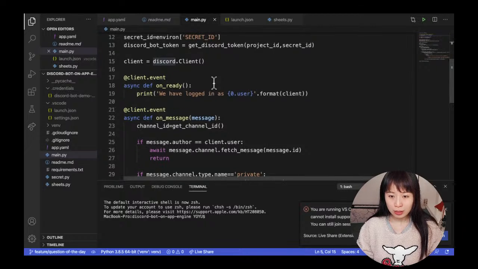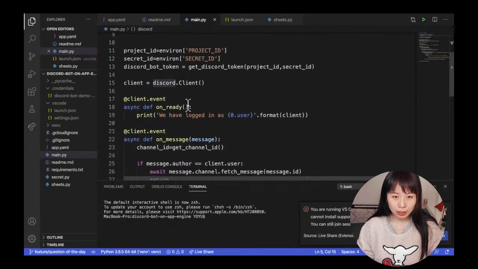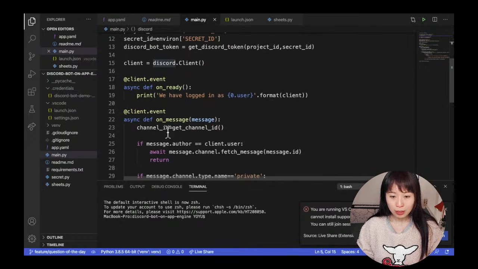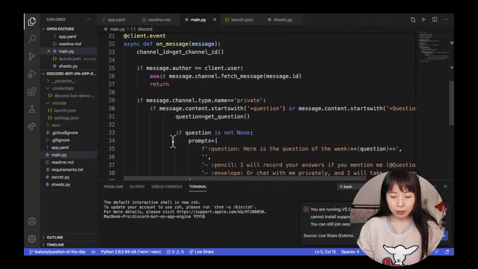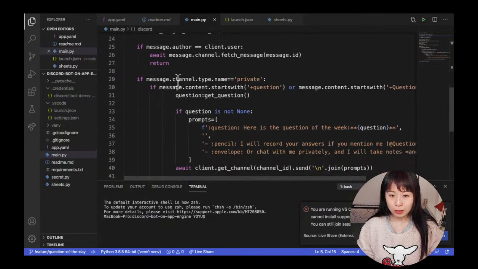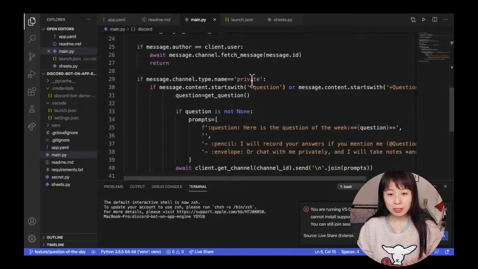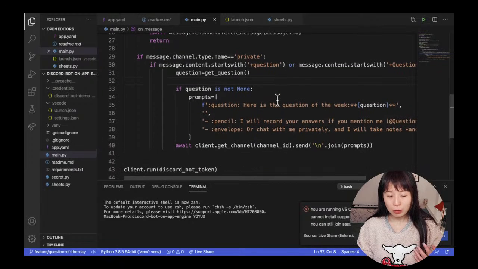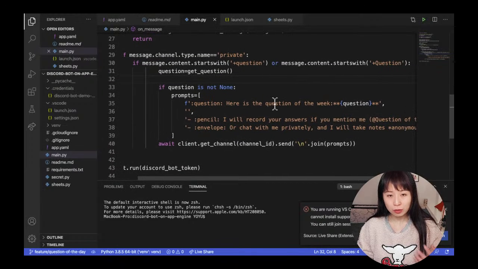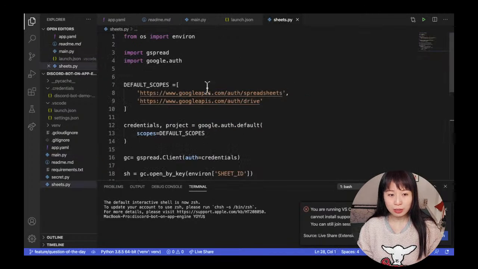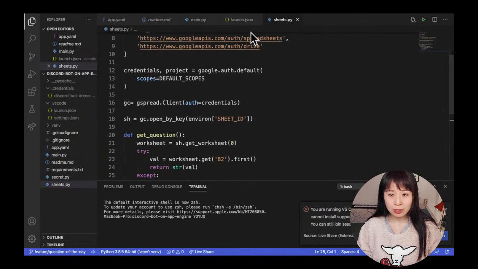The day before we created this main loop where we check if the user pinged our bot privately, and if the message starts with plus questions, we will send back a question from the spreadsheet. So we created this sheets.py